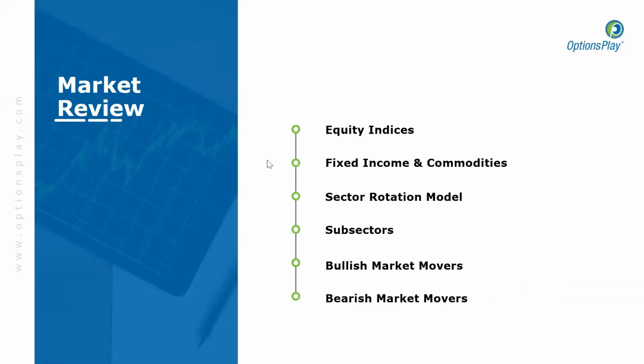So the agenda for today will kick off with the major equity indices. We know the S&P and the Nasdaq are at all-time high territory. However, what we are looking at is potential pullback zones because we are seeing signs of a retracement lower here in the last couple of days. So we'll take a look at areas the price could potentially pull back to offer you a better risk to reward bullish entry point. From there, moving on to fixed income and commodities, we'll take a look at the sector